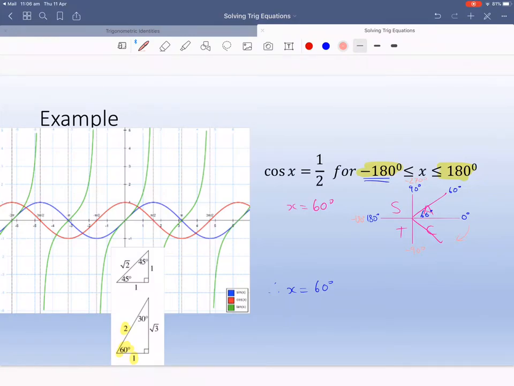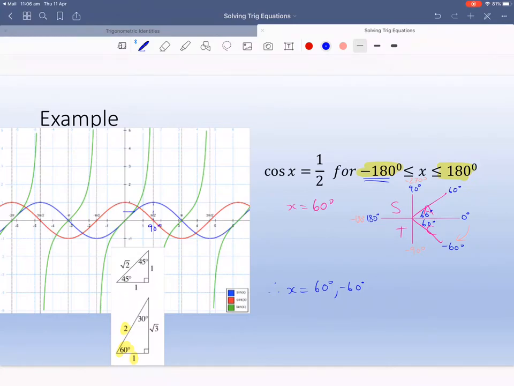So we go that way, okay, and our related angle is 60 degrees. So this angle here is minus 60 degrees. So x also has a solution at minus 60 degrees. And if we go halfway, it's about here, and I don't know if you remember from last page, but this